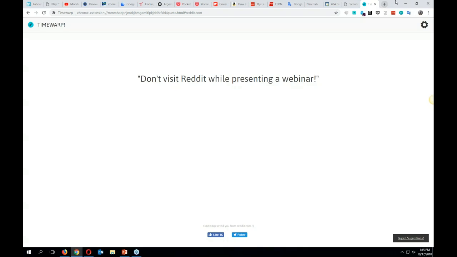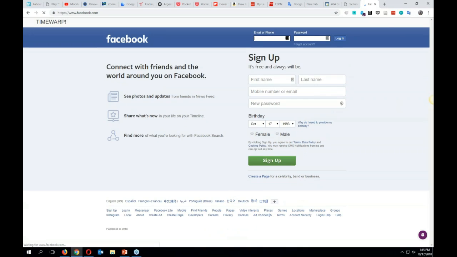You can either have it give you a little text option here, or if I want to go to Facebook, for example, I didn't block Facebook, but you can see Time Warp at the top is tracking the amount of time I'm spending on their website. So if you ever want to guilt yourself into staying off of these kinds of sites, this is also telling you how long you're spending on the time wasting sites. Or you can say, all right, I have 5 minutes I can spend on Facebook. Here we go. I know how long I've spent on this page.